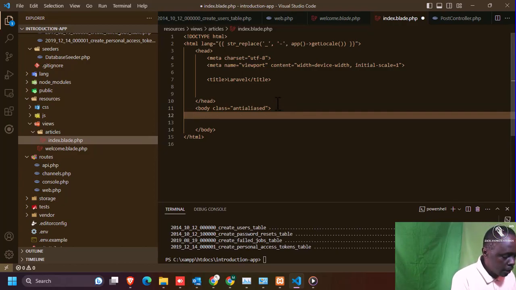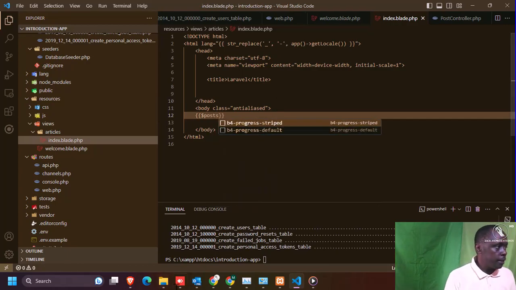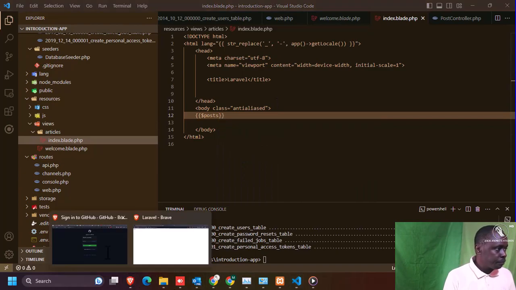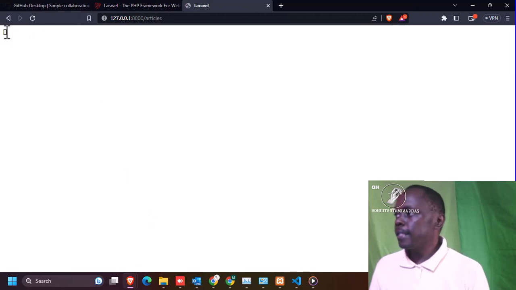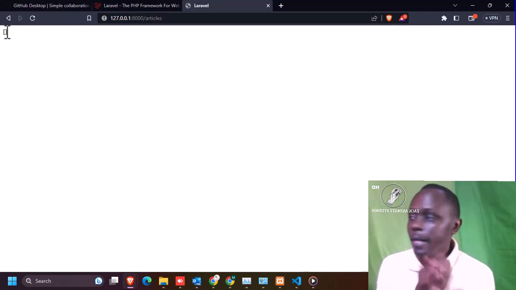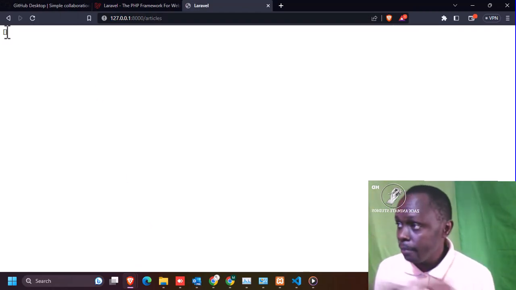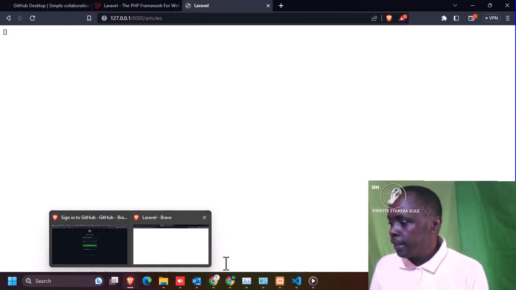Basically you can do this just to see it's calling from the database, and then you do this slash posts. Okay, reload. You see it's an array of information that is empty,